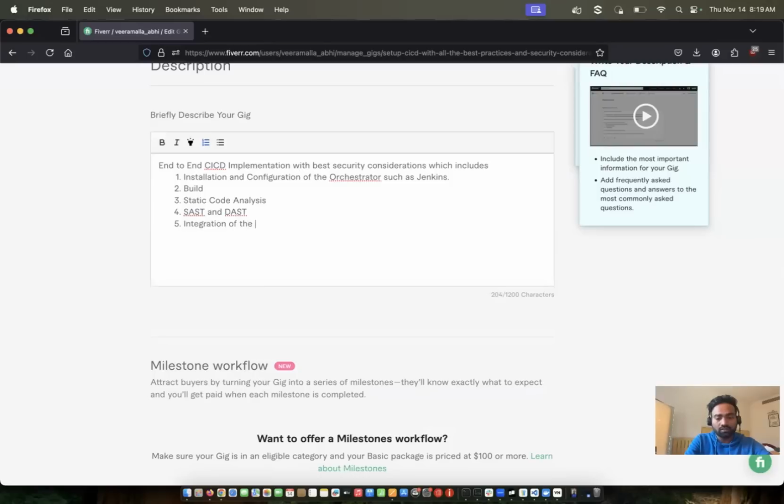Then let's add integration of the functional tests. Then let's add security or image build, container image build. So better try to add more points so that somebody might be looking for an application which is not containerized, or somebody might be looking for an application which is containerized. So try to add more things. Container image build and container image scan, vulnerability scanning,